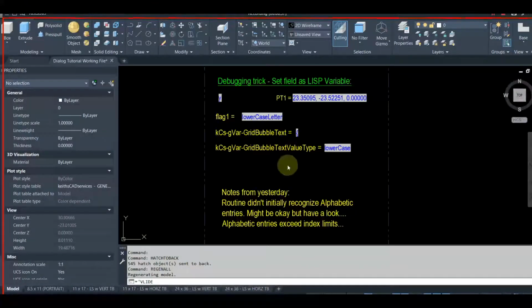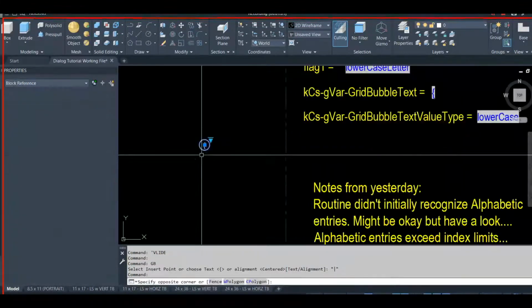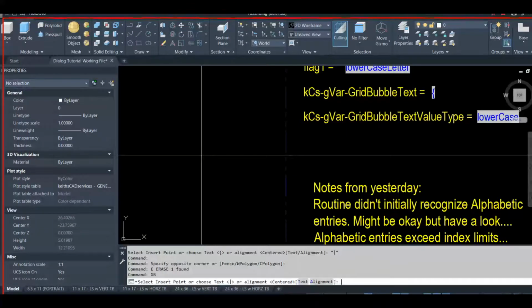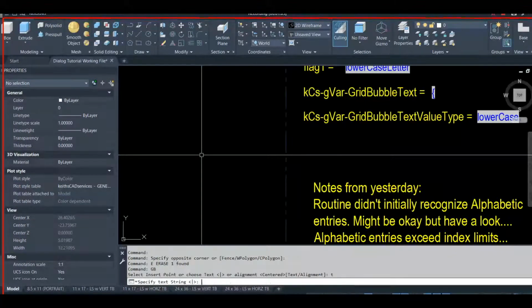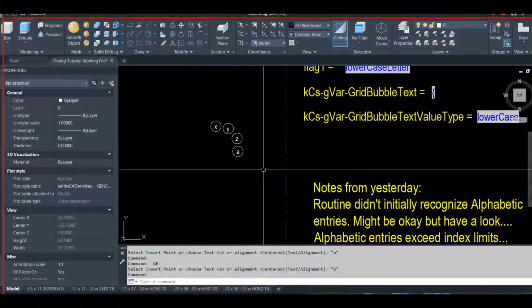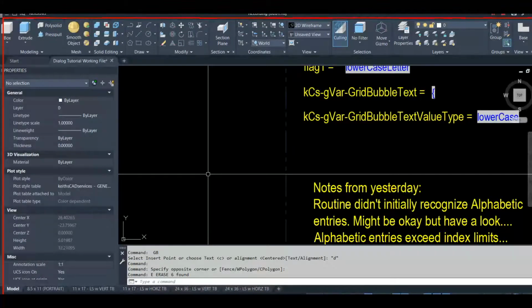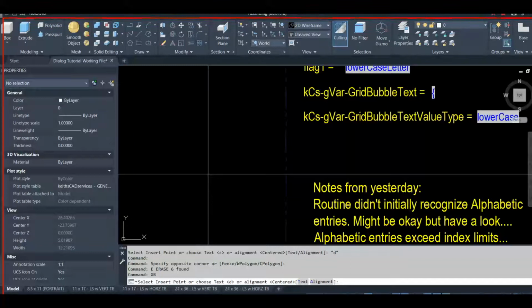So, oops. Let's put X in there. Perfect. So one thing we'll still need to do is actually close AutoCAD, reopen it, and make sure the routine